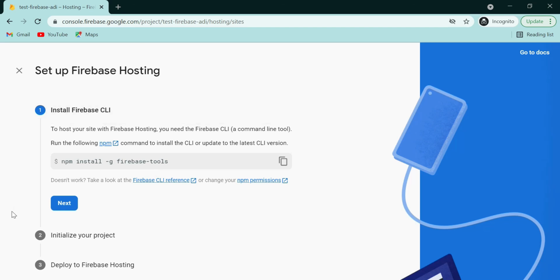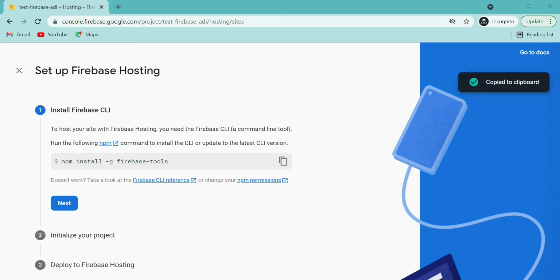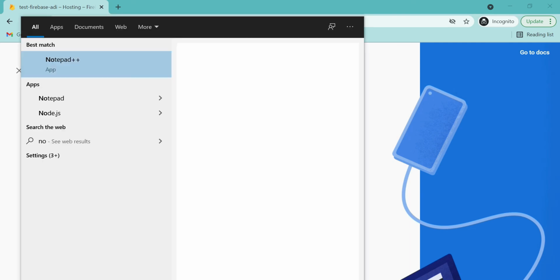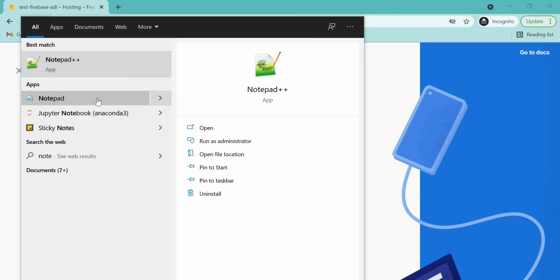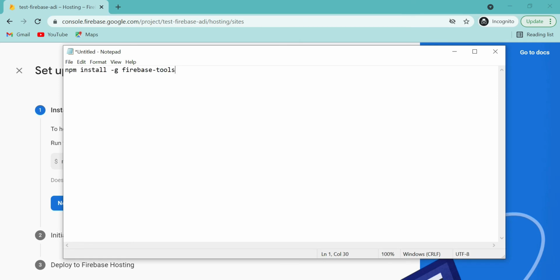Once I click on Get started, these are the CLI commands as we have seen in the last lecture, right? I told we need to download npm and we need to install the Firebase libraries in order for us to be able to deploy our site into the Firebase hosting account. So these are the commands which we need to execute. Just copy these commands and store them in the notepad so that you can execute them once you are done with this.